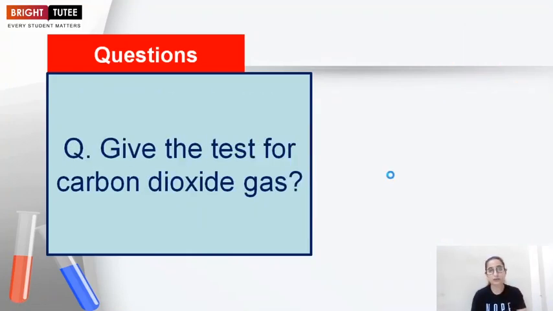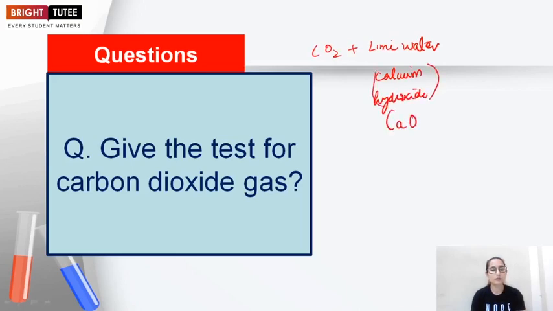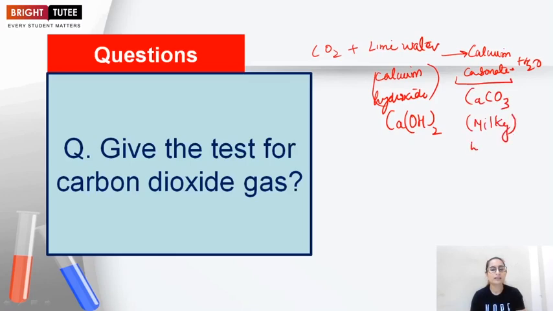Now give the test for carbon dioxide gas. As I just told, when the carbon dioxide is passed through lime water, what is lime water? Calcium hydroxide, and the formula for this compound is Ca(OH)2, right? When carbon dioxide is passed through lime water, it turns the lime water milky due to the formation of calcium carbonate, and water is the side product. This calcium carbonate, which is CaCO3, is basically white in color, due to which the solution turns milky, right? Earlier it was colorless or transparent, you can say,